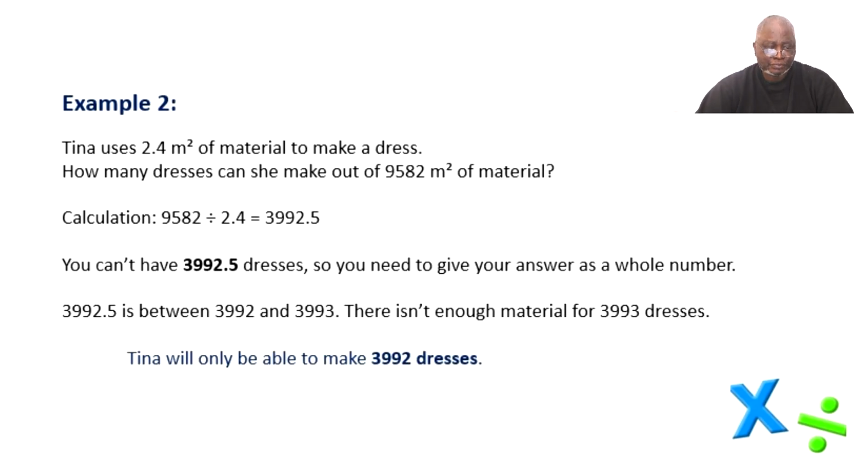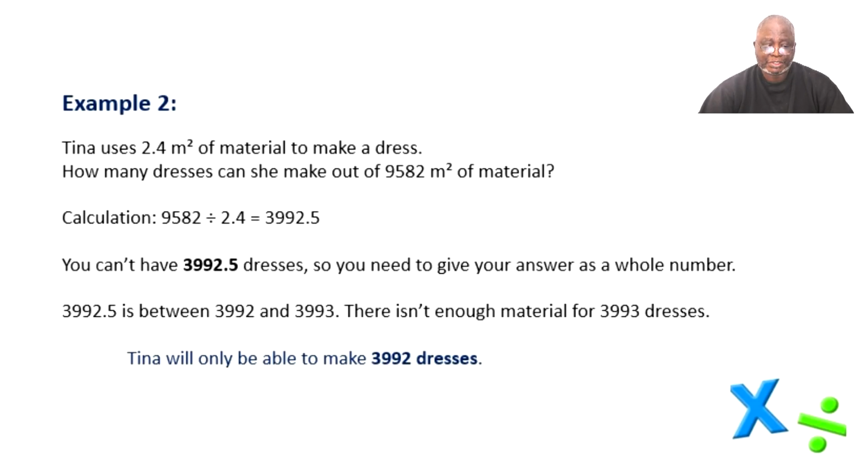Example 2. Tina uses 2.4 meters square. Remember square? Tina uses 2.4 meters square of material to make a dress. How many dresses can she make out of 9,582 meters square of material? Calculation. 9,582 divided by 2.4 is equal to